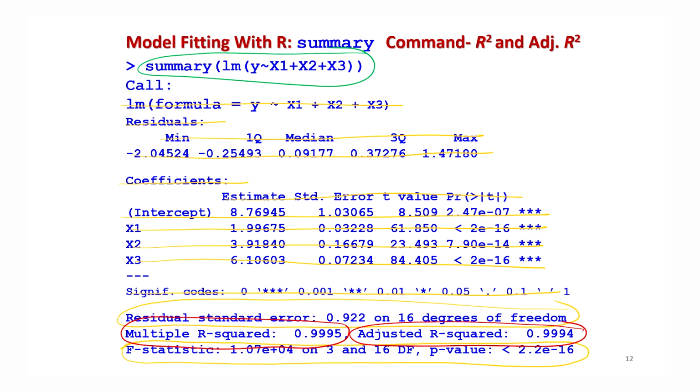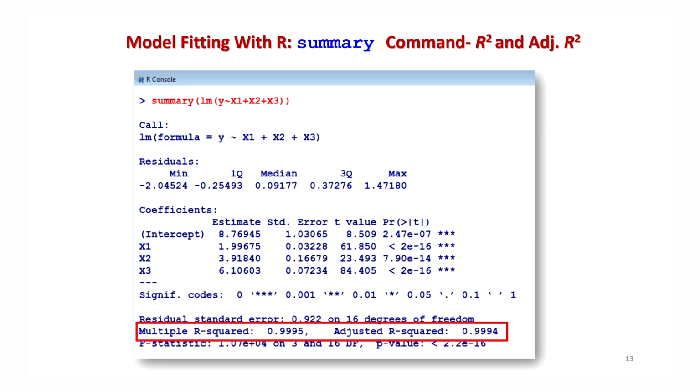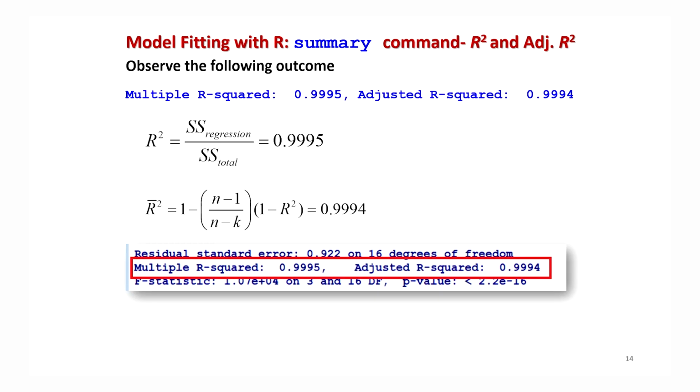So you can see here that in this output, this is the place where you get the value for this multiple R squared, or say R squared in general, or the adjusted R square. So R squared here is 0.9995 and adjusted R square here is 0.9994. As I said, this value will always be lower than the value of this R square, right? And how are you going to interpret it, I will try to show you on the R software also.